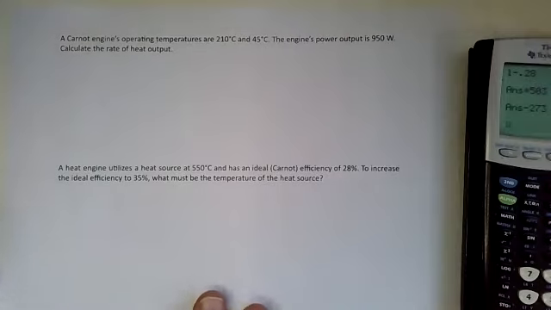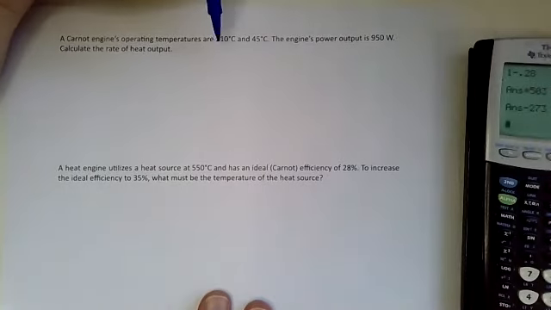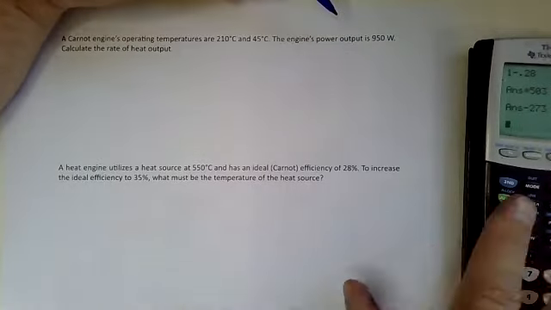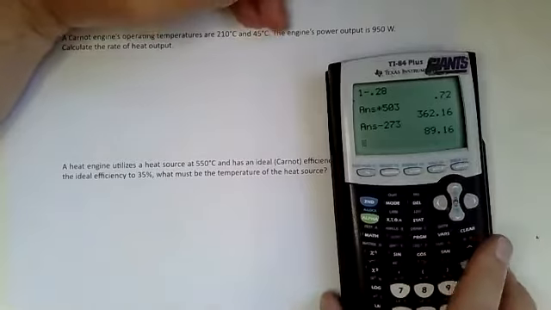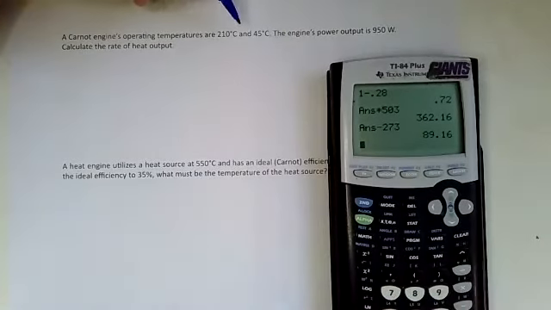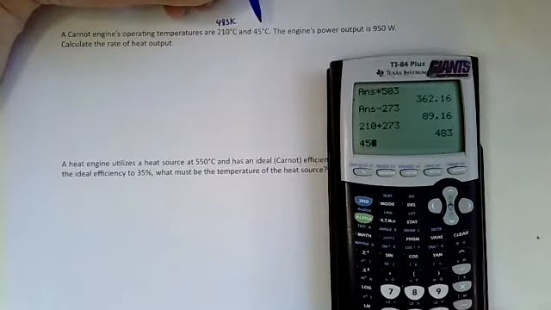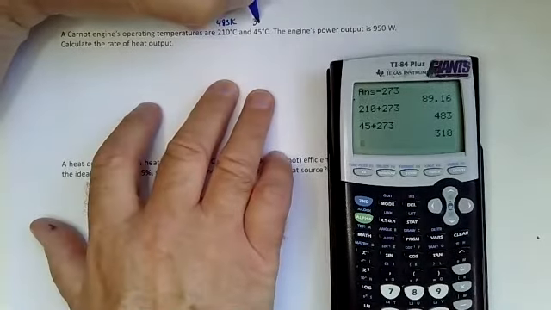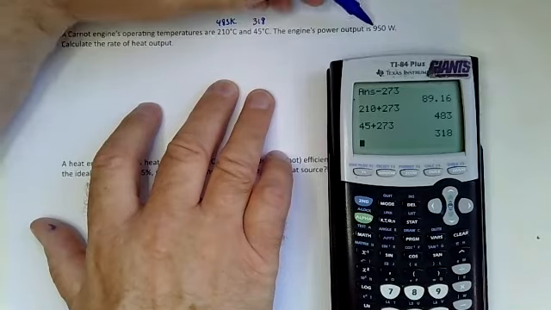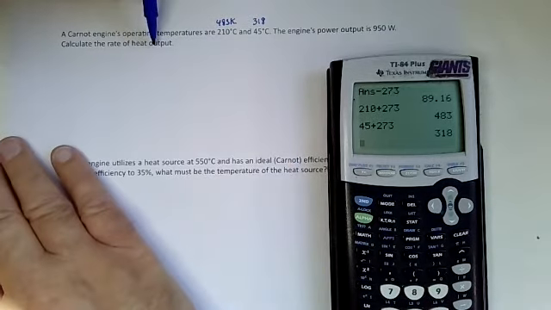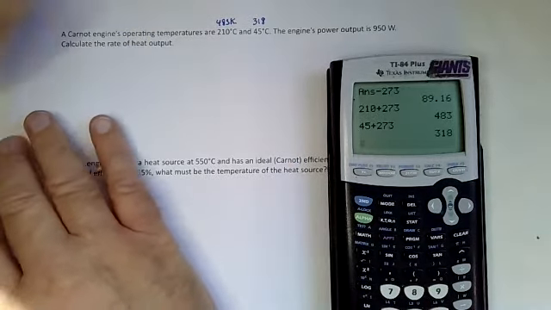I chose this one just because it has some different vocabulary in it. Let's start off by converting this into Kelvin. So this is 483 K, and 318. And the engine's power output is 950. Calculate the rate of heat output. Okay, so once again,